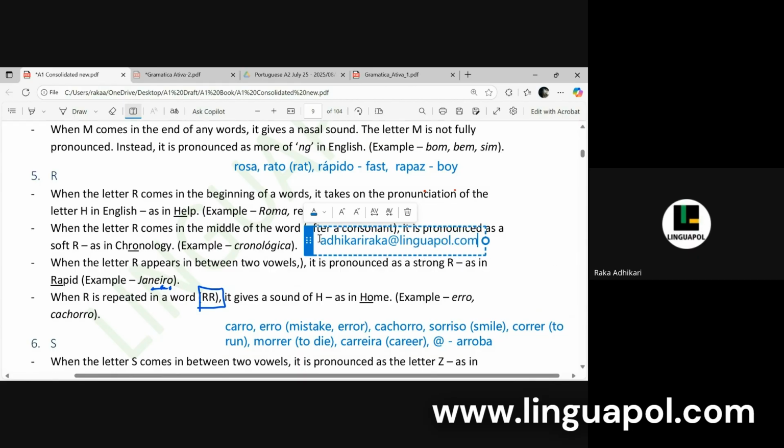If I want to say my email ID to someone, then I will say A de Amor, D de Dedo, H de Hospital, I de Igreja, K de Kiwi, A de Amor, R de Rosa, I de Igreja, R de Rosa, A de Amor, K de Kiwi. Then like this I will continue and then I'll say arroba, then